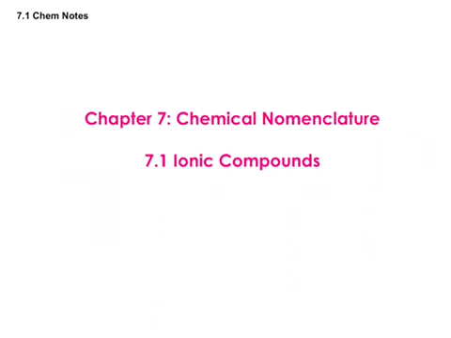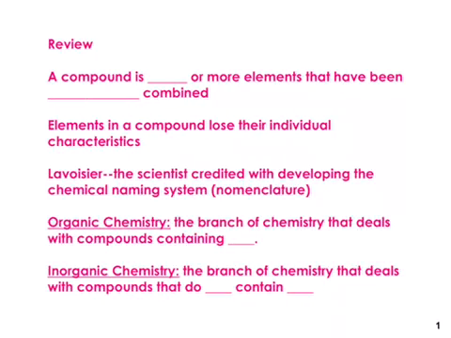Chapter 7 is going to be all about naming different types of chemical compounds. And these are all things we've done back in 9th grade. So, to review, a compound is when we have two or more elements that have been chemically combined. That means that they are bonded together. When this happens, the elements will lose their individual characteristics. So like when we have sodium coming together with chlorine to make sodium chloride,